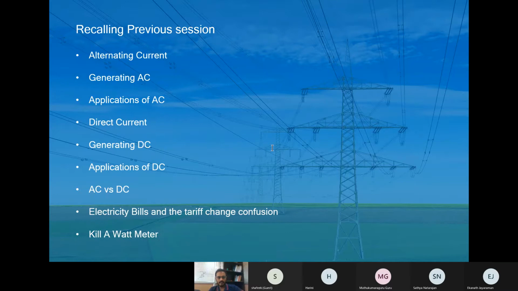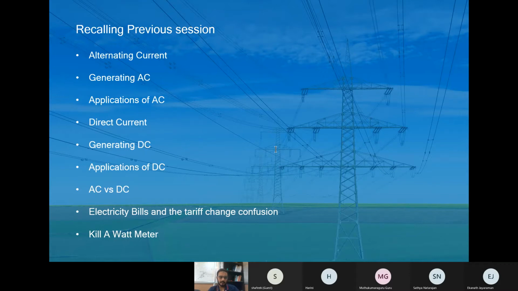So we'll see what direct current is now. Direct current provides a constant voltage or current. We saw generating DC by using commutators, rectifier circuits, and also batteries. We also saw the waveform of direct current, which is obviously a constant voltage always. We use DC in cell phones, TVs, and hybrid and electric vehicles.